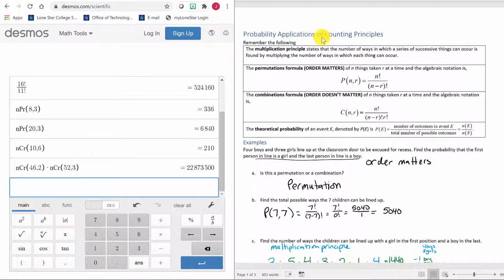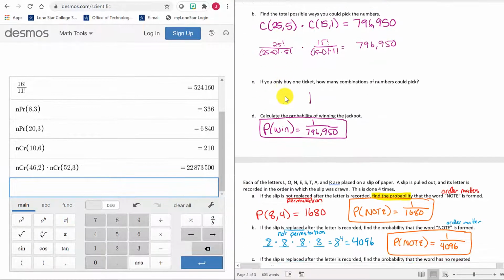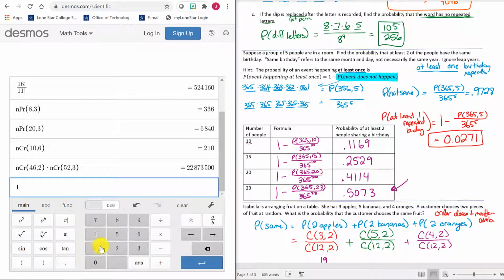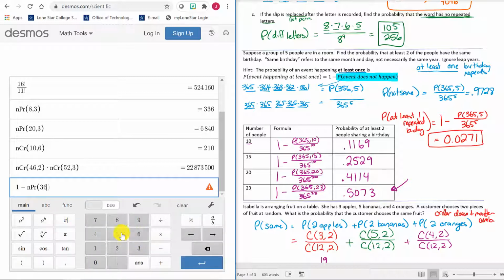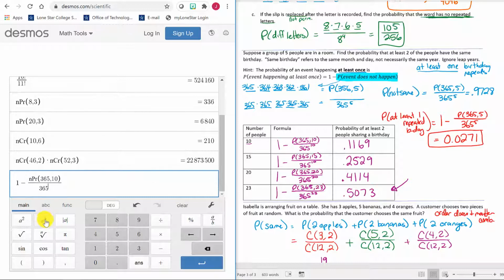For our next section on probability applications with counting principles, I know there were some particularly challenging ones with typing in the birthdays, and so if I wanted to do that, I could do all of that in one. So I would do 1 minus, and then a function key, I believe that was a permutation. Go back to my main key, 365 choose, let's say 10. Close the parentheses, divide by, it makes a fraction, and then we have 365 raised to the, that's the A to the B button,